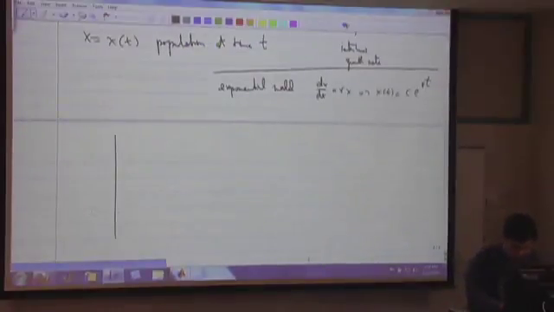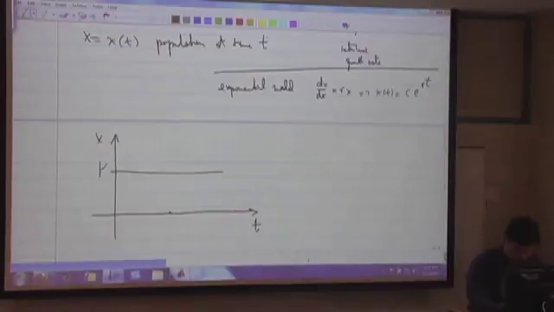We saw that 0 and k were the 2 steady states. So this is a steady state if